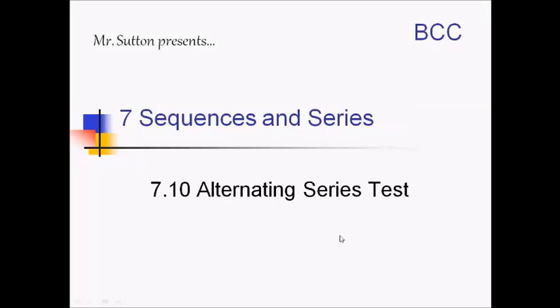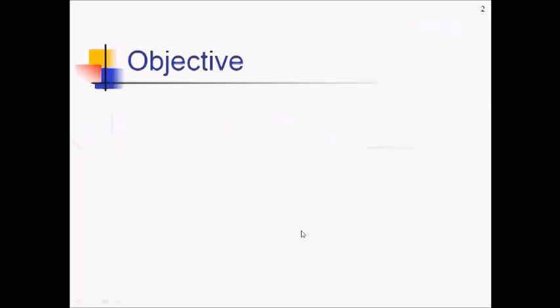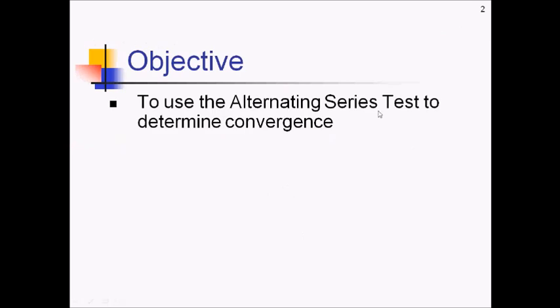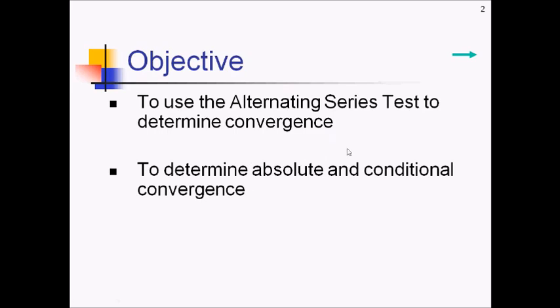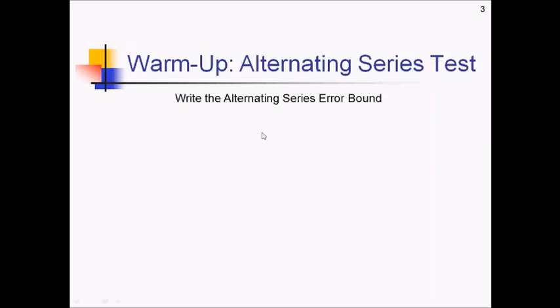Hello there, Mr. Sutton bringing you this lesson on the alternating series test. In this one, we're going to be using the AST to determine convergence, and we're also going to determine absolute versus conditional convergence. For the warm-up on this one, pause the video and see if you can remember the alternating